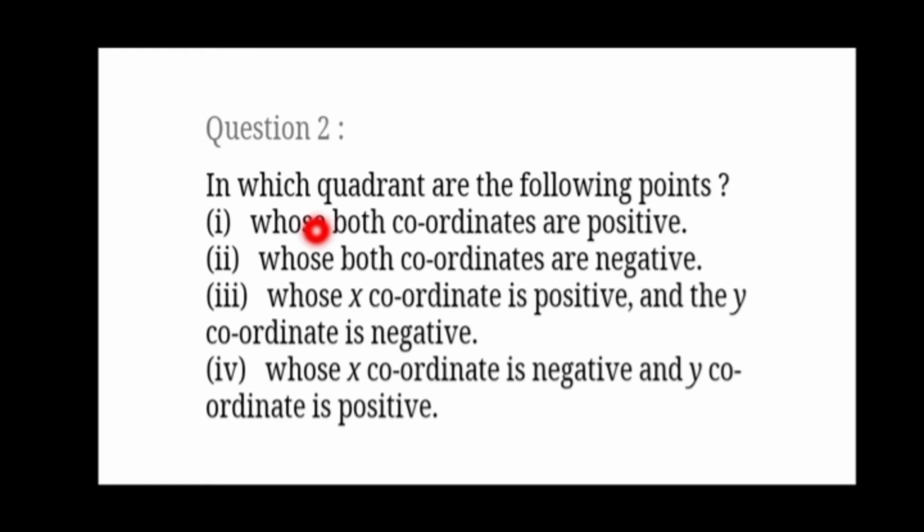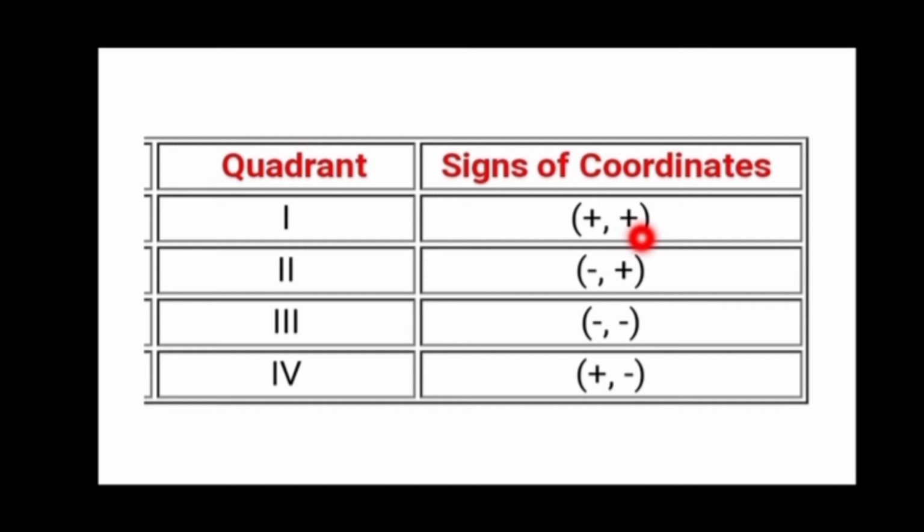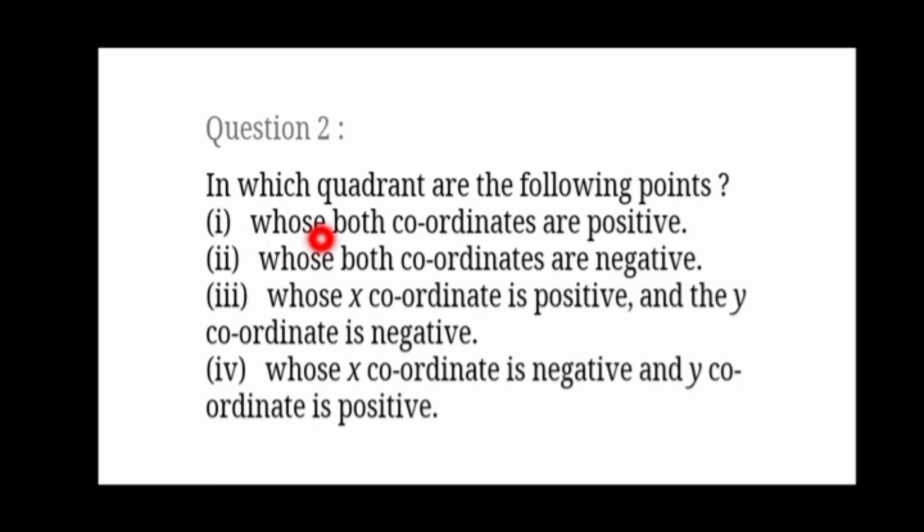In which quadrant are the points again? The same question is asked, but they have asked it in a different way. They have twisted the question. See, in which quadrant are the following points. There is one point whose both coordinates are positive. Then we know, children, that in the first quadrant both coordinates are positive, so this point will lie in the first